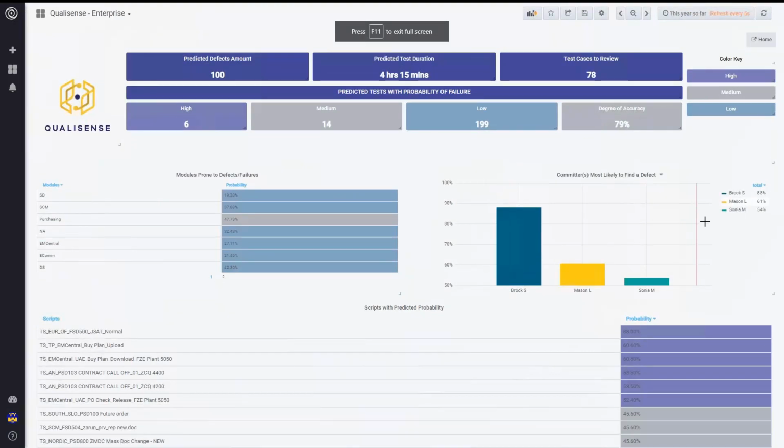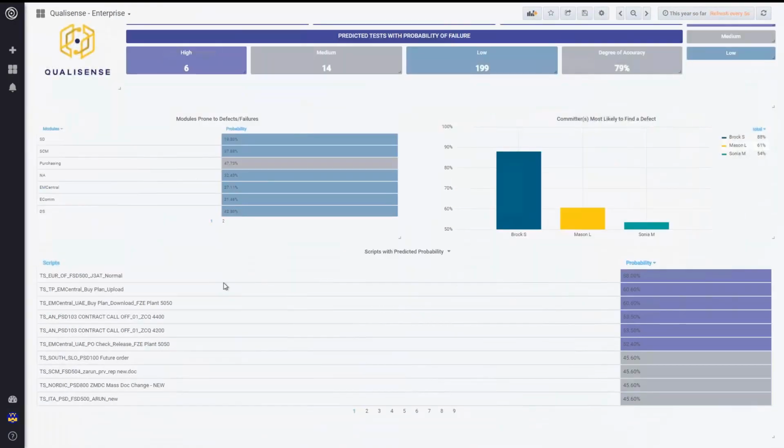What you're seeing here is a change note has come in, and we've taken the scripts that are isolated as in focus within that change note, and we've put a prioritized list in here to say, this is the order of likelihood of failure. So as a minimum, if you were a manual tester and some of these scripts contained a manual element, you could just go down here, run them in this order, and know that you are finding the most likely problems up front.